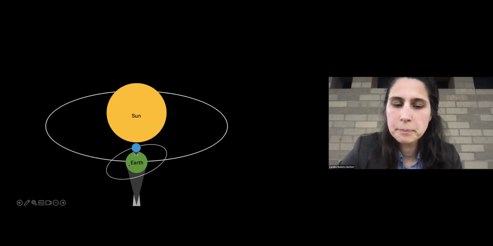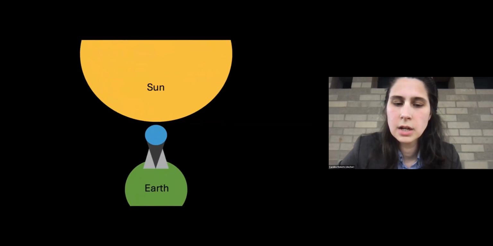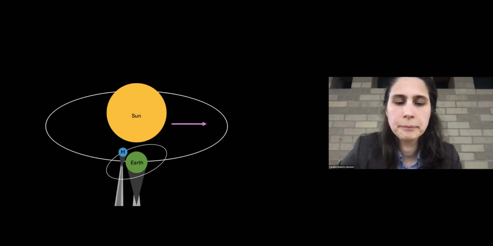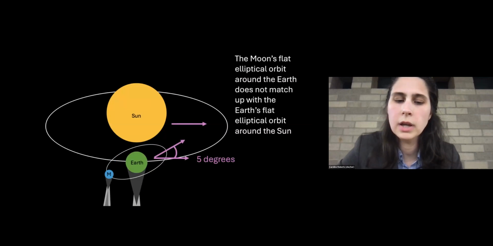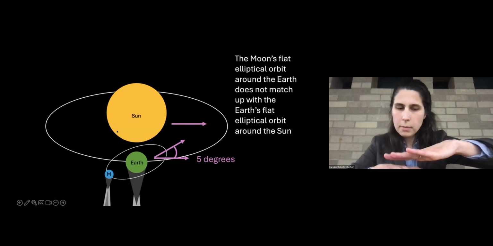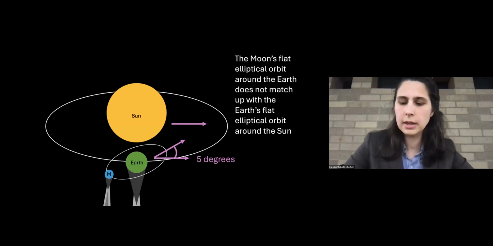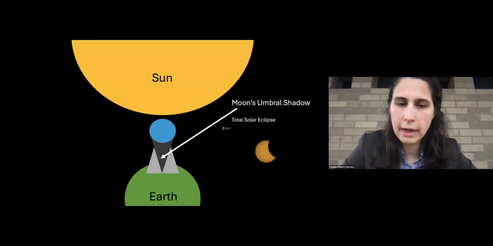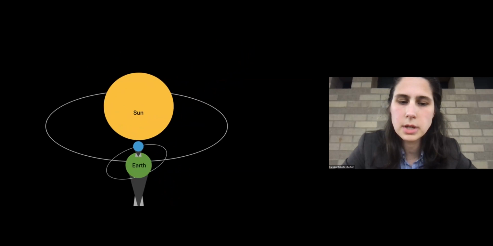But the problem is there's a tilt between, we'll come back to this. There's a tilt between the pancake of the moon's path around the Earth and the Earth's path around the sun. The planes of their orbits are skewed off slightly. So we'll hold that thought and just one more time say,